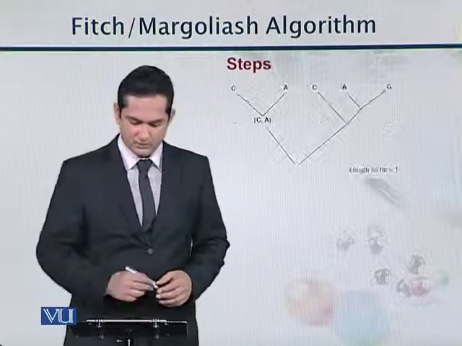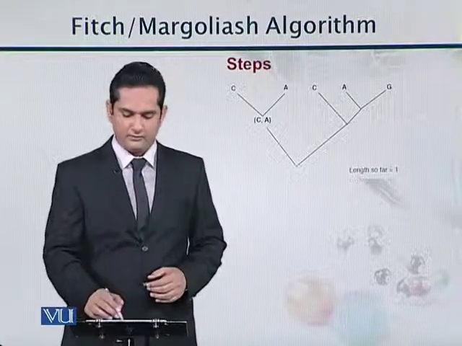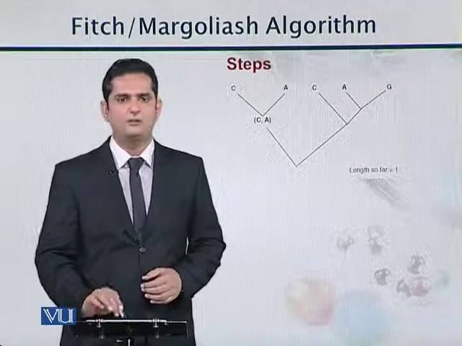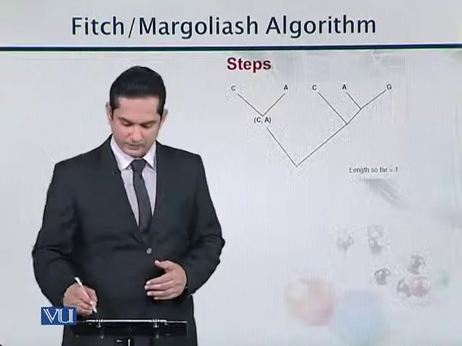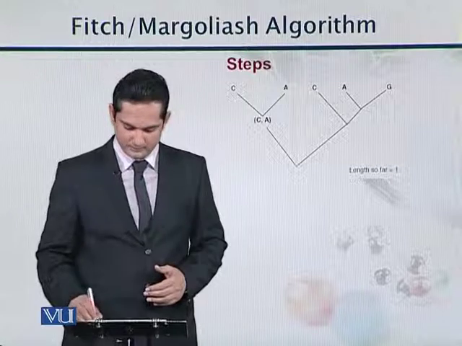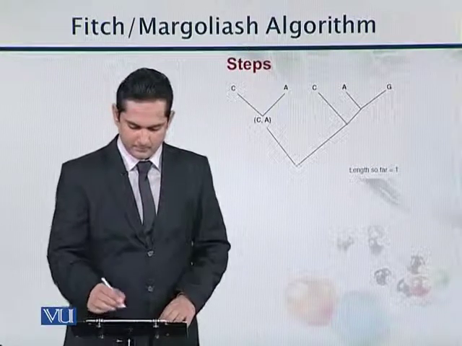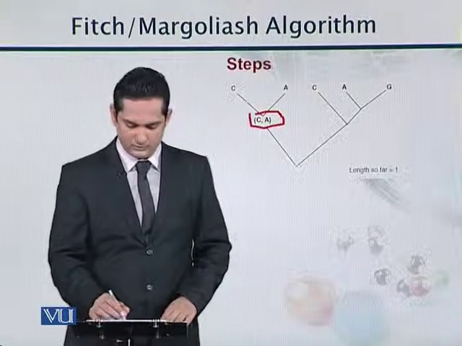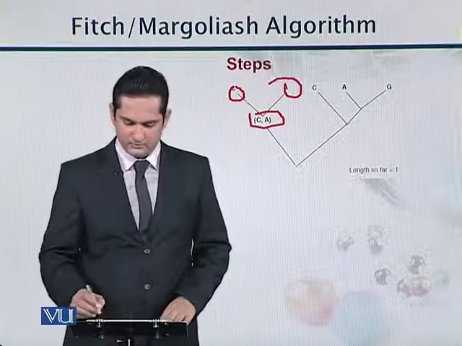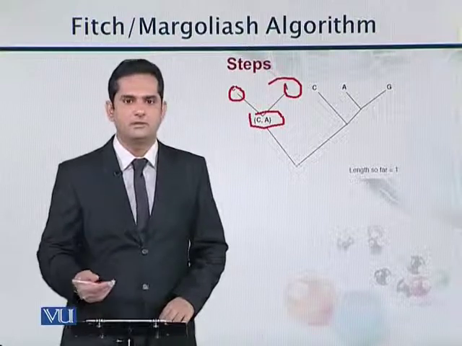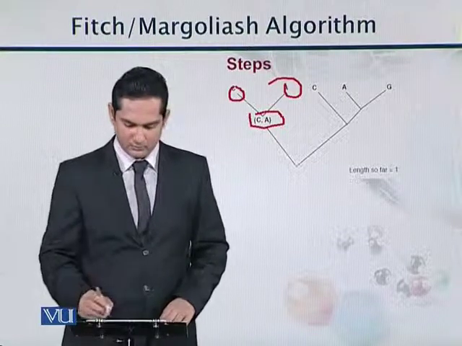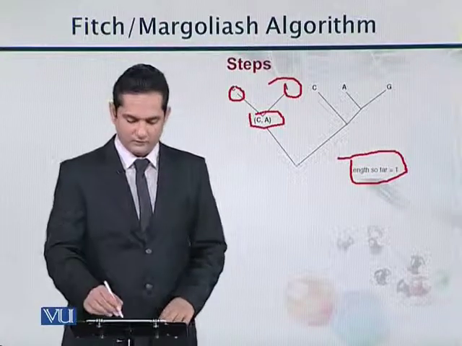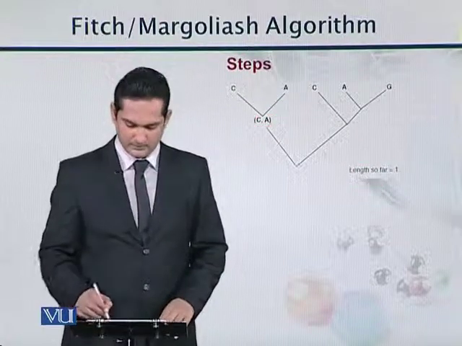So now in the next step, we take the common of A and C, this is the CA step. Once we take the common of this CA, as shown in this figure, this one CA, this is the common of C and A, the upper node, this C and this A. We say that this is a parent of these two, and we say that this length is now 1.